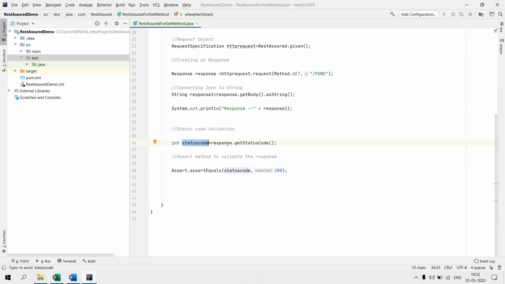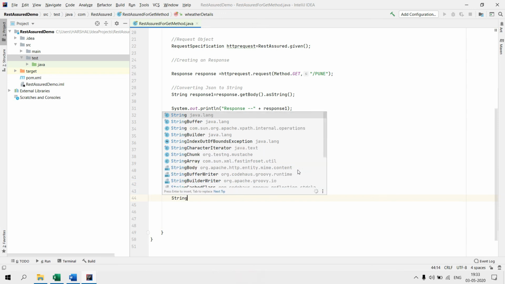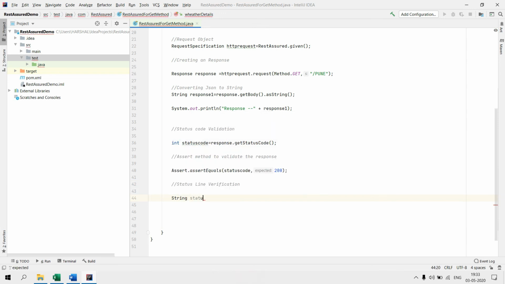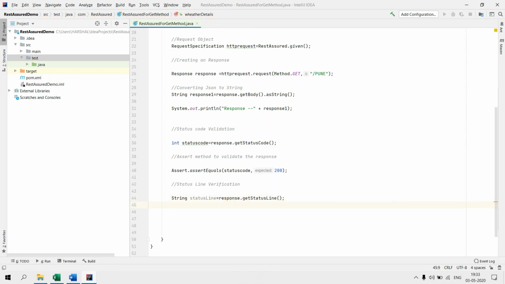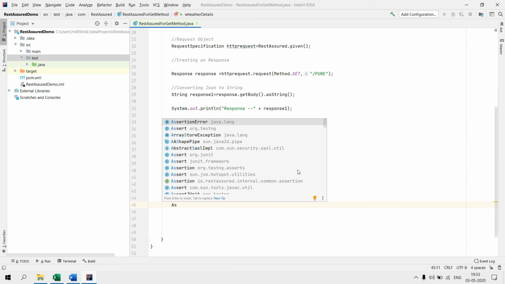Okay, so we have done the validation of status code as well. We can also do status line verification over here, so I will be adding status line verification. Status line verification is the line verification of that string. Status line is equals to response dot get status line. Again we are using assert here.